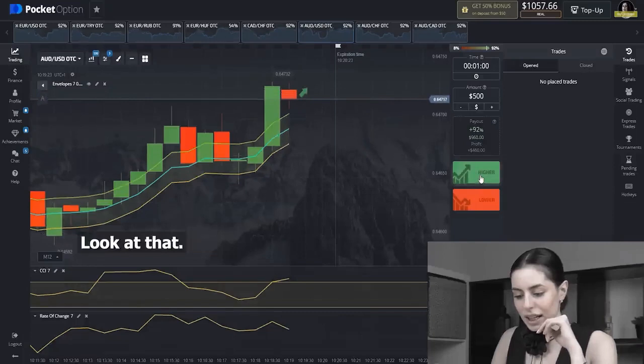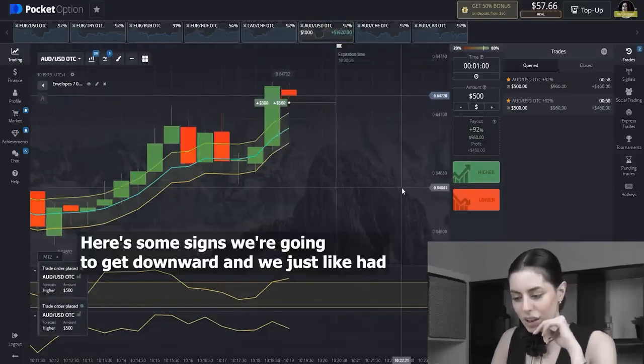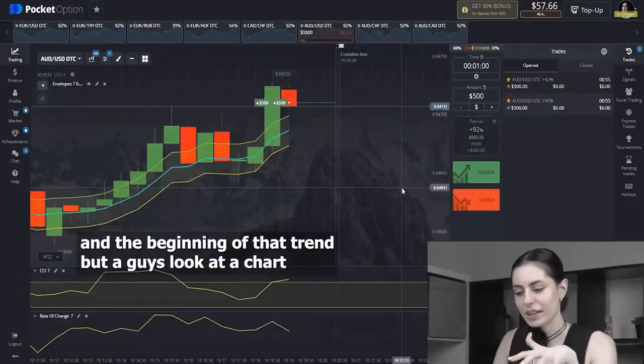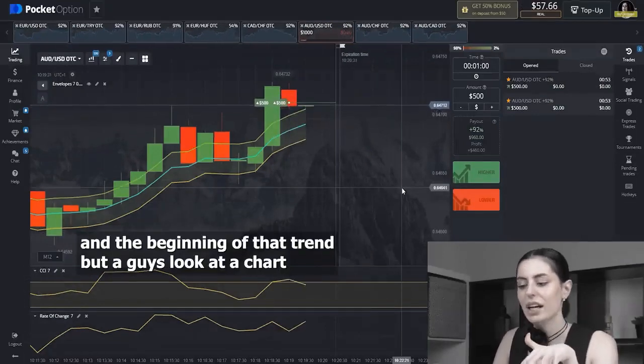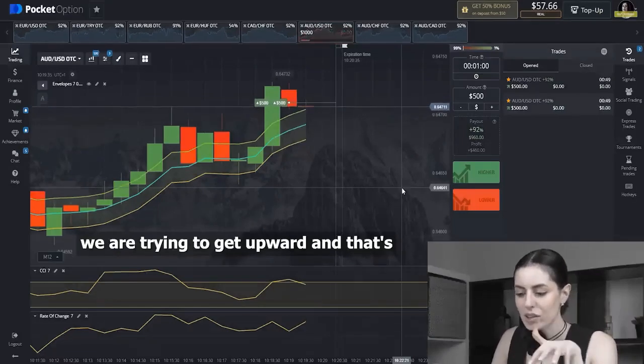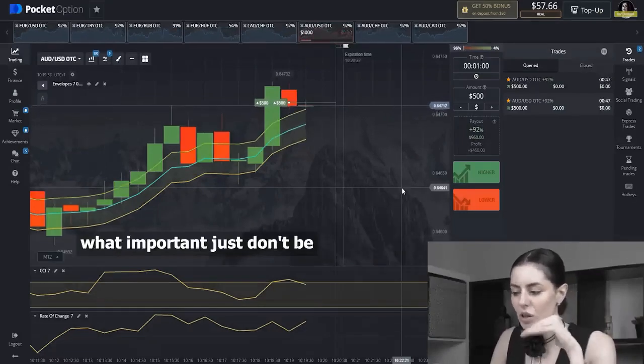Again and again, look at that. Here are some signs we've got to get downward, and we just entered at the beginning of that trend. But guys, look at the whole chart. We are trying to get upward, and that's what's important. Just don't be